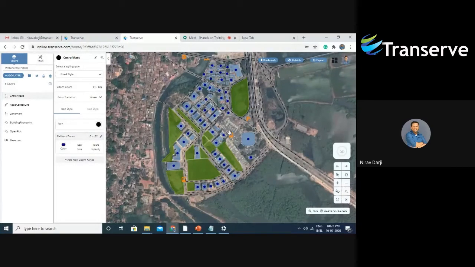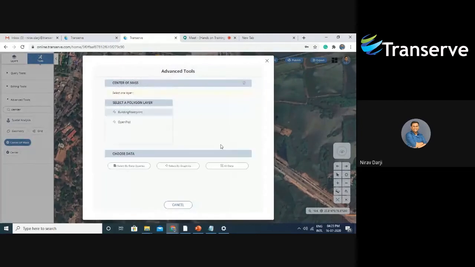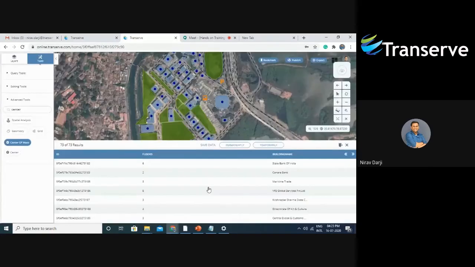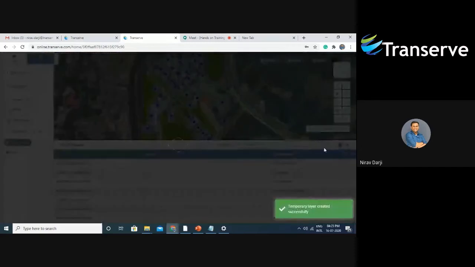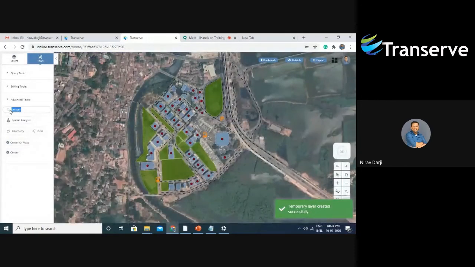The next tool which I'm going to explain again uses the center of mass data. So let's try the tool one more time. I'm going to run the tool again. The next tool is the Voronoi tool.